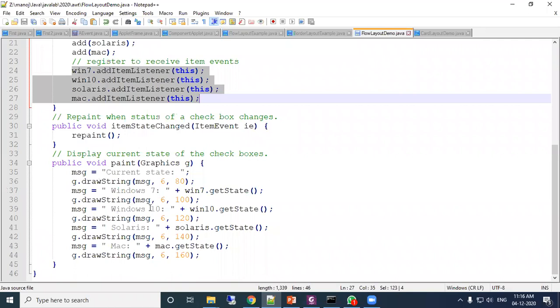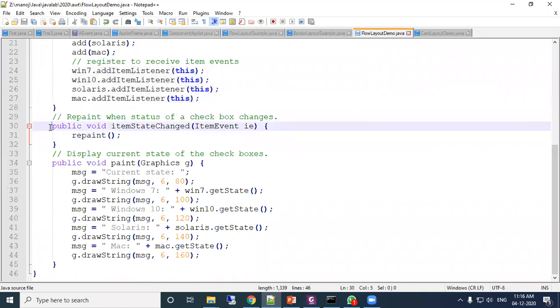Just see here, this is one event, itemStateChanged. This is one event method which is overridden: public void itemStateChanged. It means when the state of the particular item changes, it receives the ItemEvent ie, then repaint.